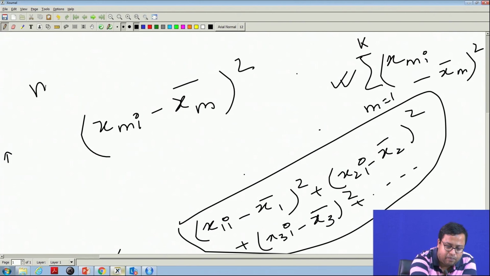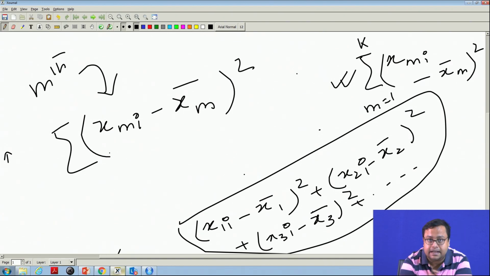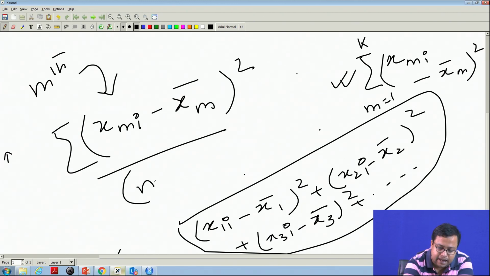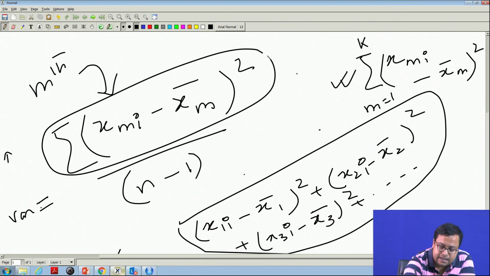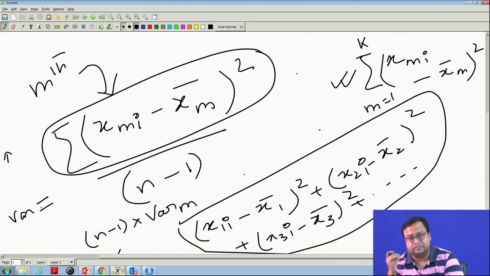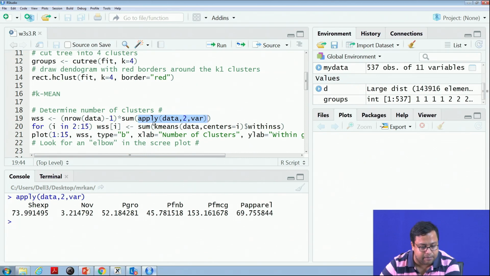If it is the mth column, then it is individual observations minus the mean of that particular column, summation of that divided by n minus 1, number of observations minus 1, that is variance. The square root of this is standard deviation. So, if that is variance, then can I not write that this one is nothing but n minus 1 into variance of my mth column? If I can write that properly, then you see that this is what I am writing.